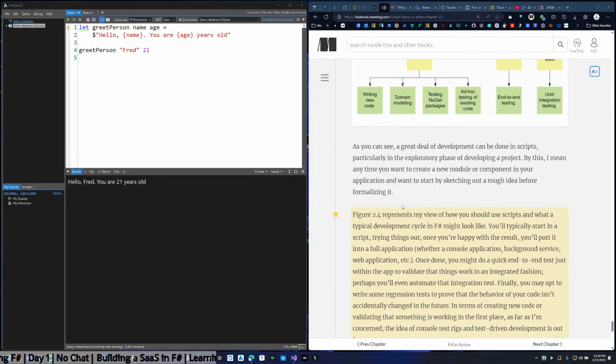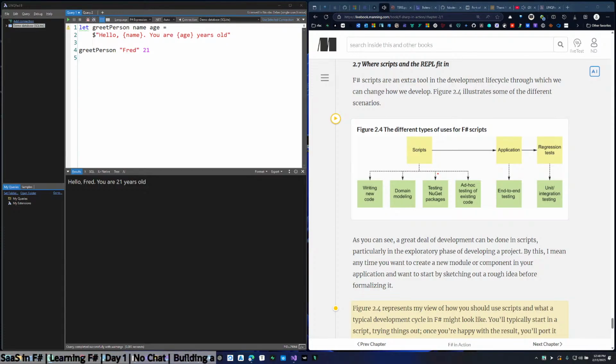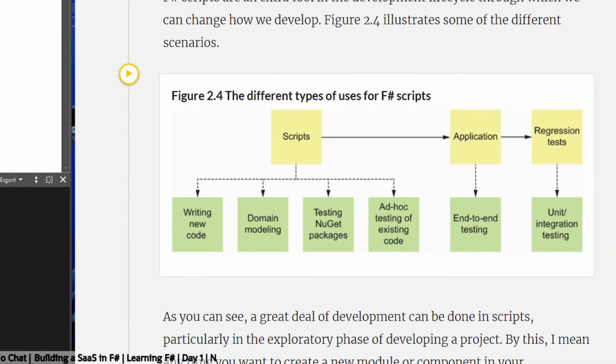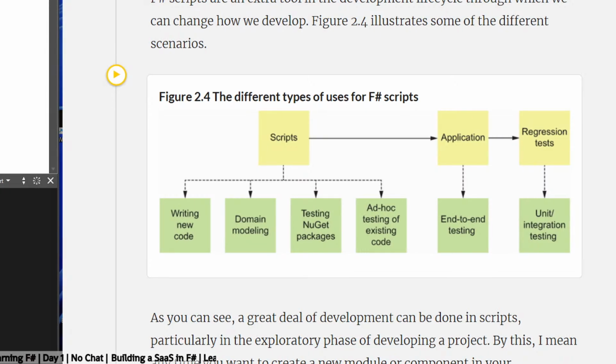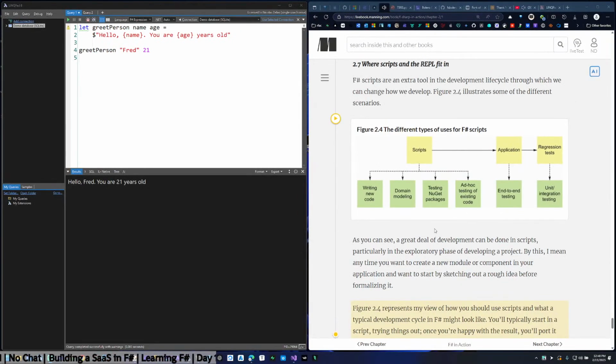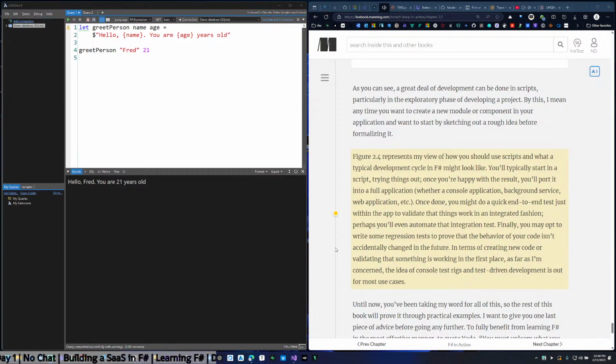Figure 2.4 represents my view of how you should use scripts and what a typical development cycle in F# might look like. You'll typically start in a script, trying things out. Once you're happy with the result, you'll port it into a full application, whether a console application, background service, web application, etc. Once done, you might do a quick end-to-end test just within the app to validate that things work in an integrated fashion. Perhaps you'll even automate that integration test. Finally, you may opt to write some regression tests to prove that the behavior of your code isn't accidentally changed in the future. In terms of creating new code or validating